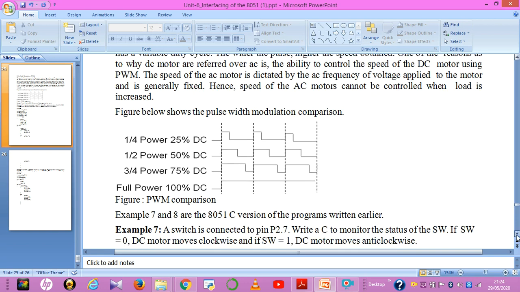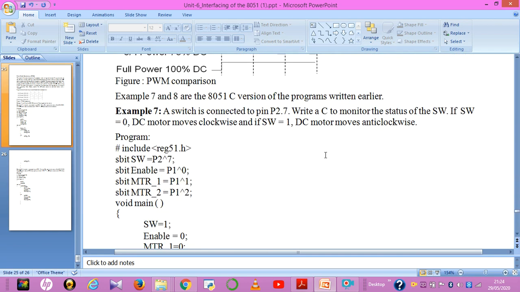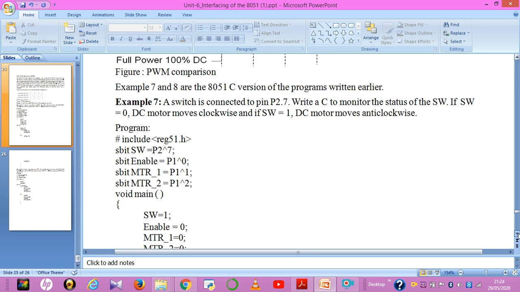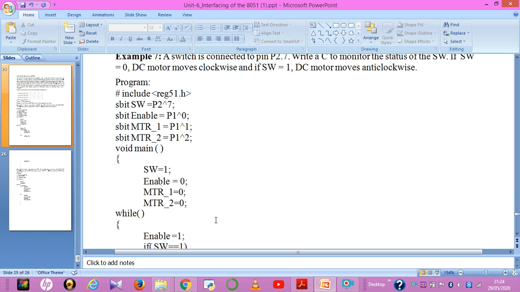You are going to run the DC motor. They are going to ask some examples here, I have given how to run the DC motor. These examples are in C programming, which are the programs I explained previously, examples 7 and 8. Depending on this, you can write these programs in C. Same thing again, they are going to check the switches. If the switch is 0, same thing, whatever program is written in assembly, I am going to write those programs in C language.